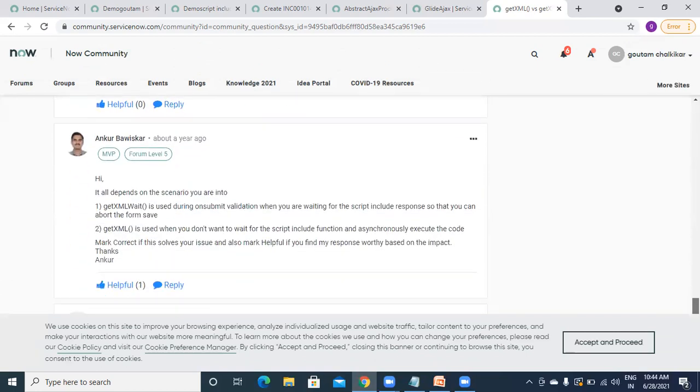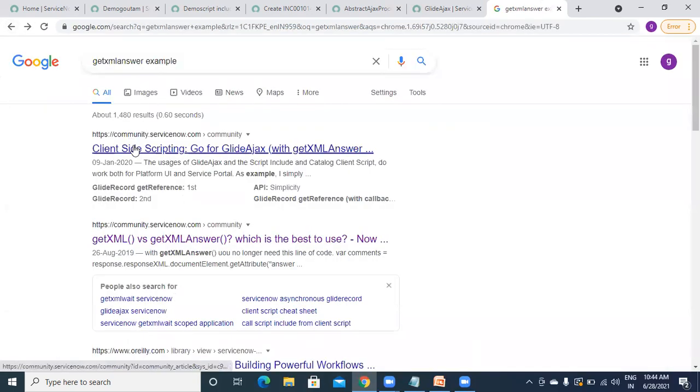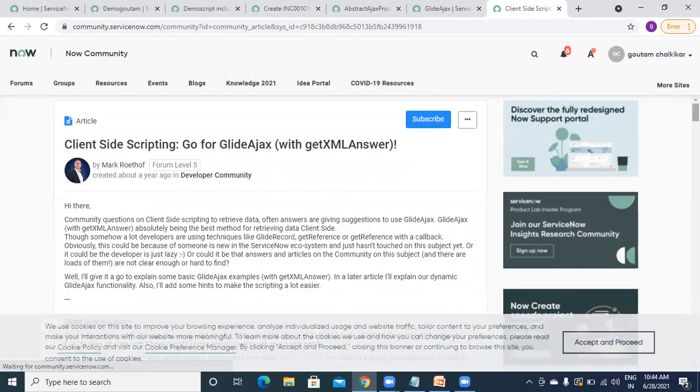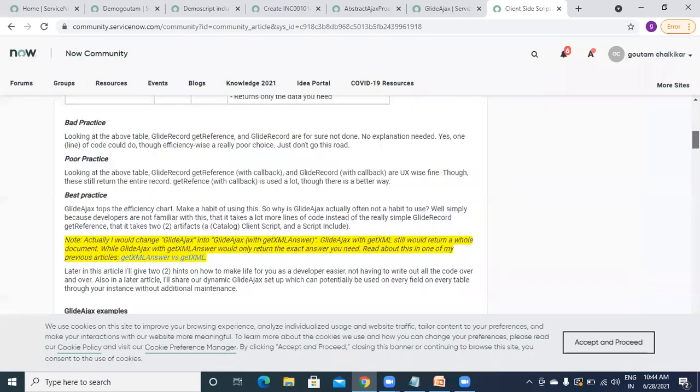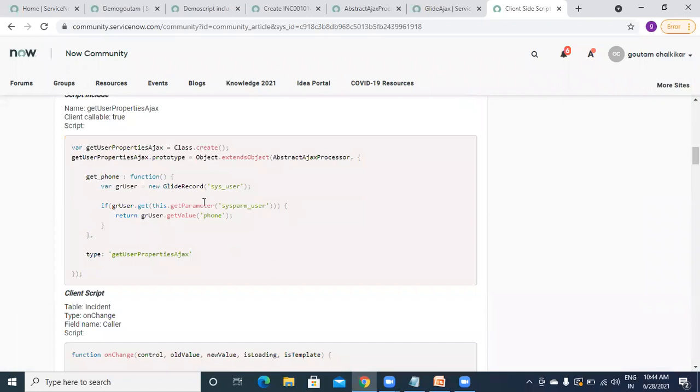We don't have any example on get XML answer. So your pass and function.